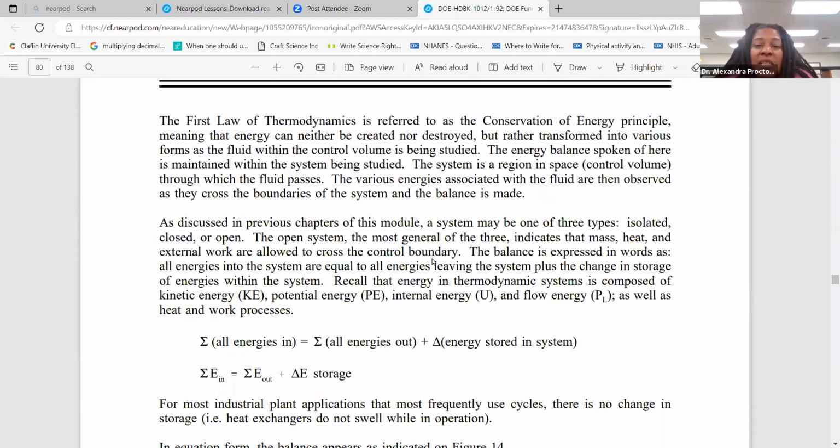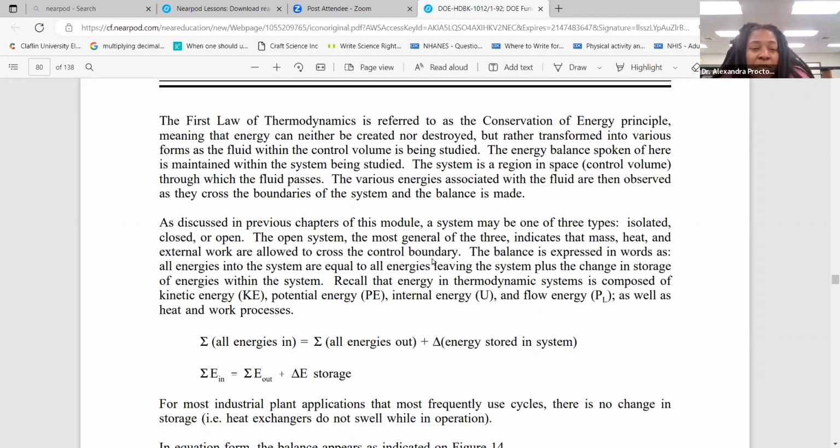So the first law of thermodynamics is referred to as the conservation of energy principle, meaning that energy isn't created or destroyed, but it's just transformed into various forms as a fluid within the control volume is being studied. The energy balance that we speak of is maintained within a system that's being studied, and the system is a region in space, they call that the control volume, through which the fluid passes. The various energies associated with the fluid are then observed as they cross boundaries of the system